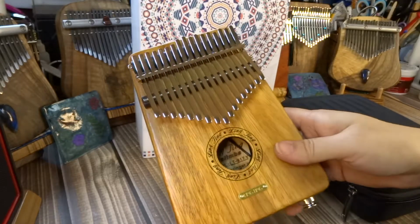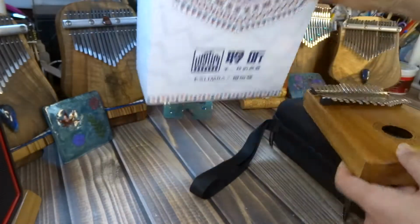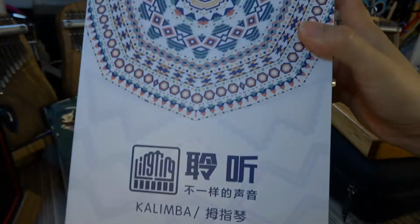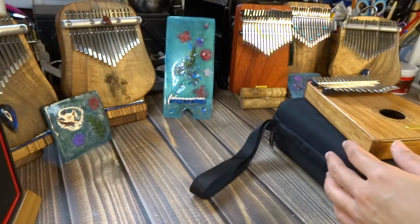Hi there, this is Dawn, and today I'd like to take a look at this LingTing kalimba. This is their hollow. It is the LT-K17YEQ in C major. All of the LingTings come in this beautiful sturdy box, and they come with a ton